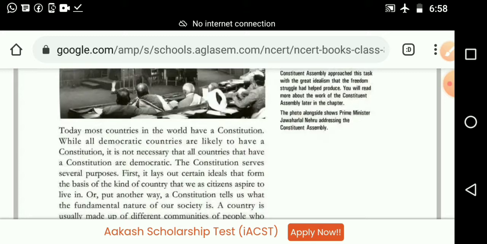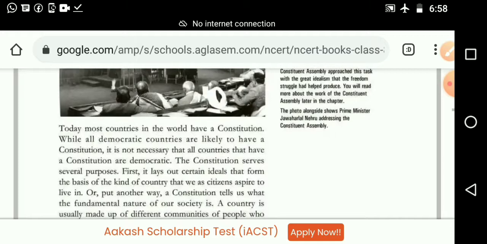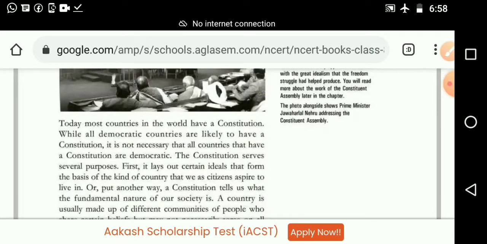While all democratic countries are likely to have a constitution, it is not necessary that all countries that have a constitution are democratic. Every democratic country should have a constitution, but it is not compulsory that the countries having a constitution be democratic. A communist country like China also has a constitution, and